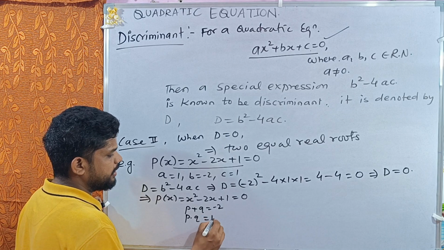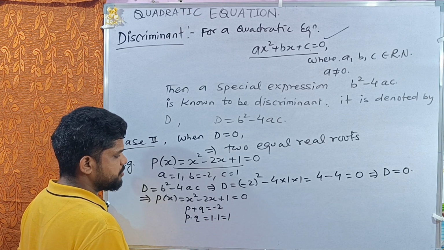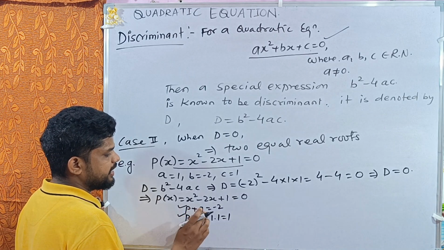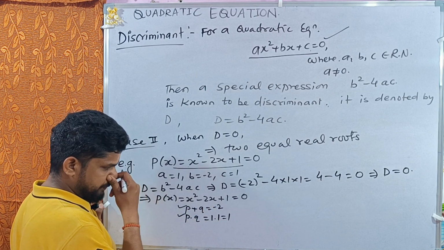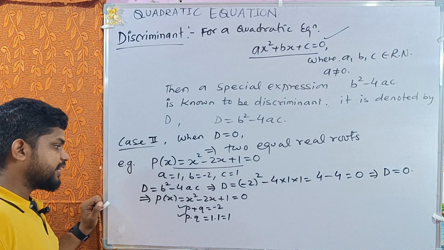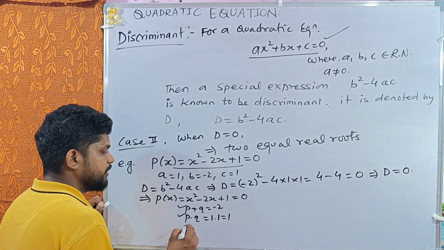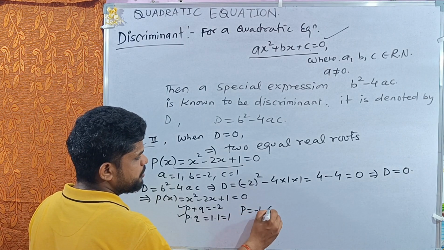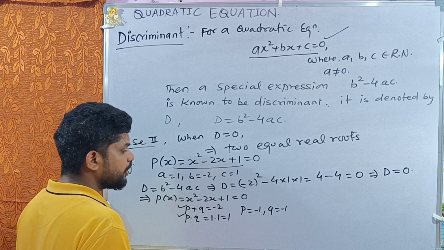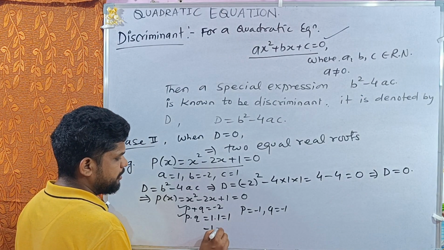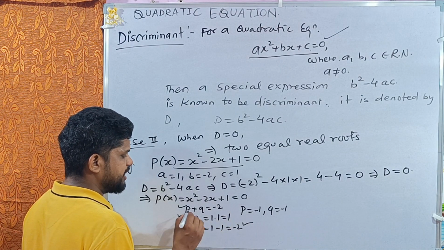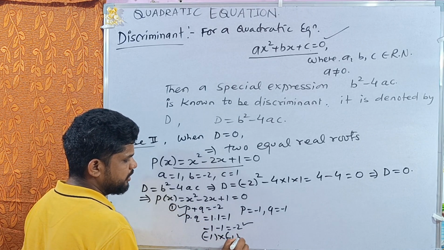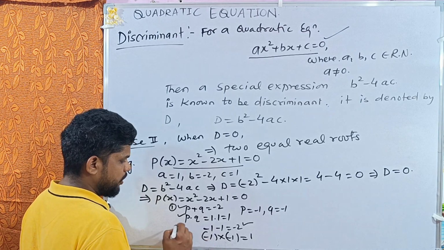The value of a is 1 and the value of c is 1, so 1 into 1 is 1. So we have to think about two numbers p and q such that their sum is minus 2 and their product is 1. Here clearly we can see that if we put the value of p equal to minus 1 and the value of q equal to minus 1, minus 1 minus 1 is minus 2,